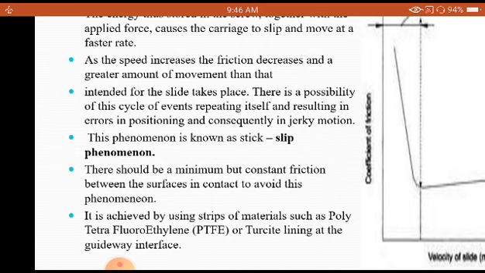It is achieved by using strips of material such as polytetrafluoroethylene or Turcite lining at the guideway interface. That is why, in the case of CNC machine tools, the surfaces of the guide and guideways which are in contact with each other are provided with a specialized type of material coating.